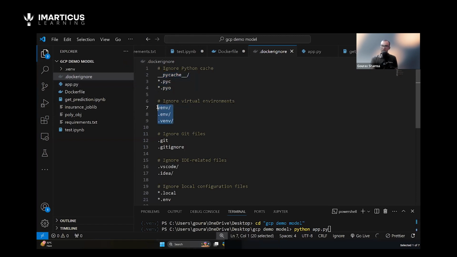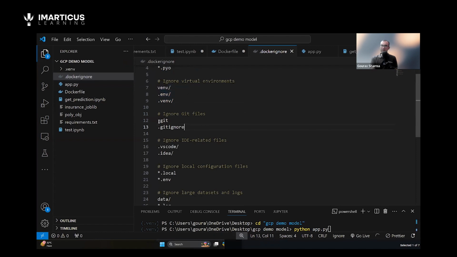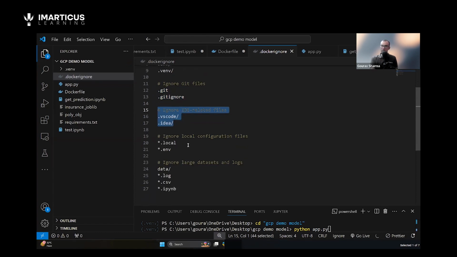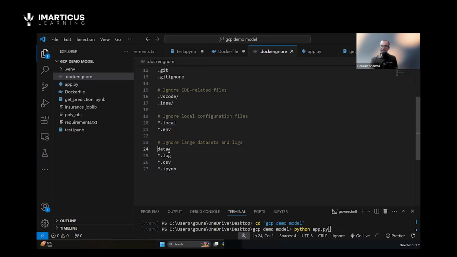If we have virtual environments in our folders, we don't want them copied. If we have any git files, any version control files or any .gitignore files, we don't want them copied to our Docker image. Any VS Code or other IDE-related temporary files we also don't want. Any environment variables also we don't want. And any large data sets, for example .log, .csv, .ipynb,